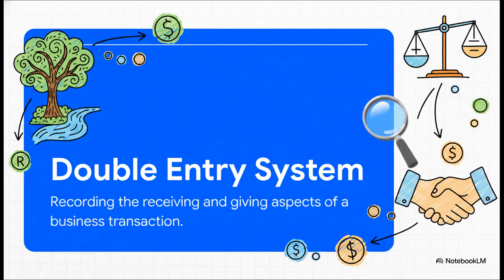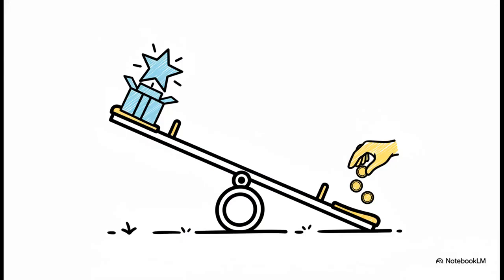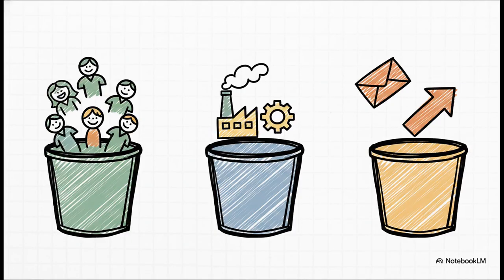And this brings us to the double entry system. The absolutely crucial point here is that whenever money or value transfers, we have to track both sides of the trade to maintain harmony. You literally cannot have a giver without a receiver. Think of a business transaction exactly like a playground seesaw. For every single interaction, someone or something receives a benefit. So that's one side going up. And someone or something gives it up. That's the other side going down. To keep our financial ecosystem perfectly mapped out, we have to document both the receiving aspect and the giving aspect every single time.